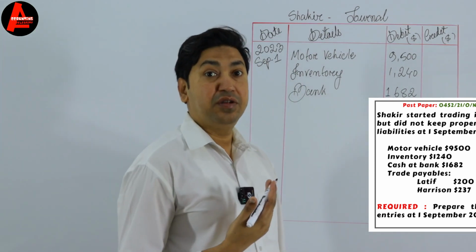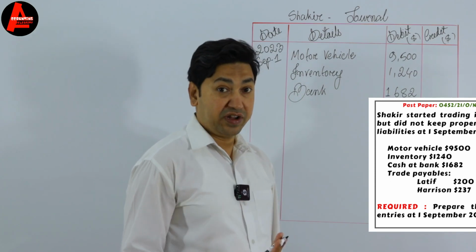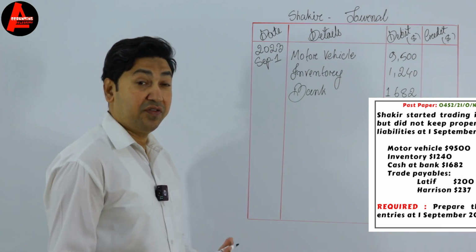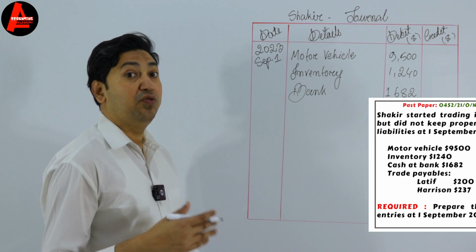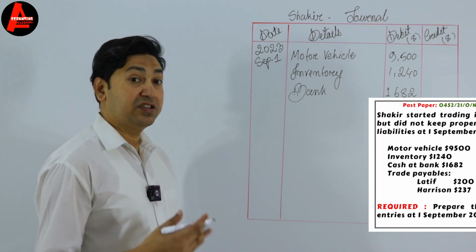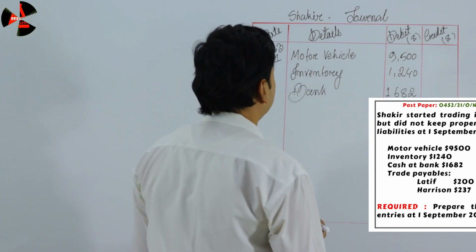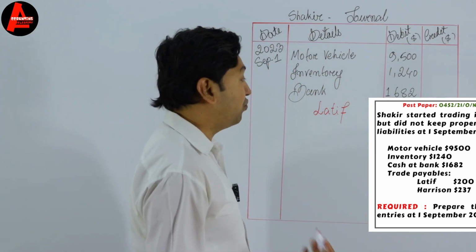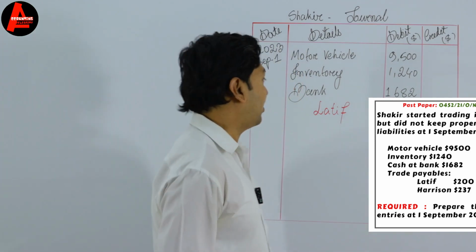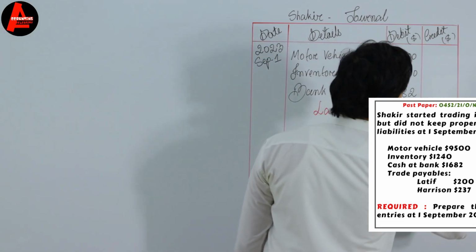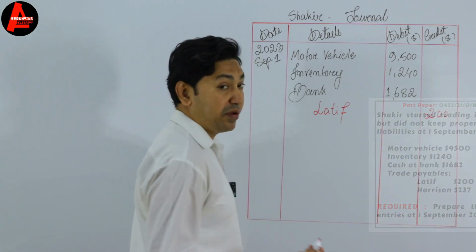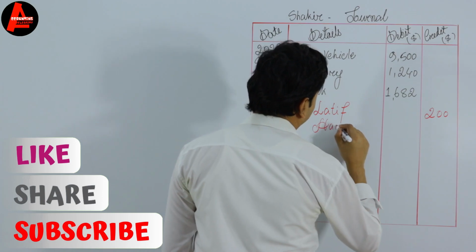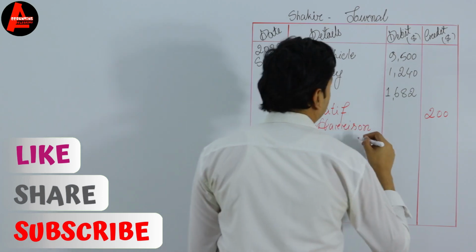Then we have some liabilities. Here we have trade payables. Liabilities are credit, so this will be credited here. What liabilities do we have here? We have Latif, a trade payable. We have Harrison, another trade payable. These will be credited here. So let us write here Latif. It is a credit account. We will write this amount on the credit column. On the question we have $200. Then another trade payable, Harrison. Let us write here Harrison. The amount is